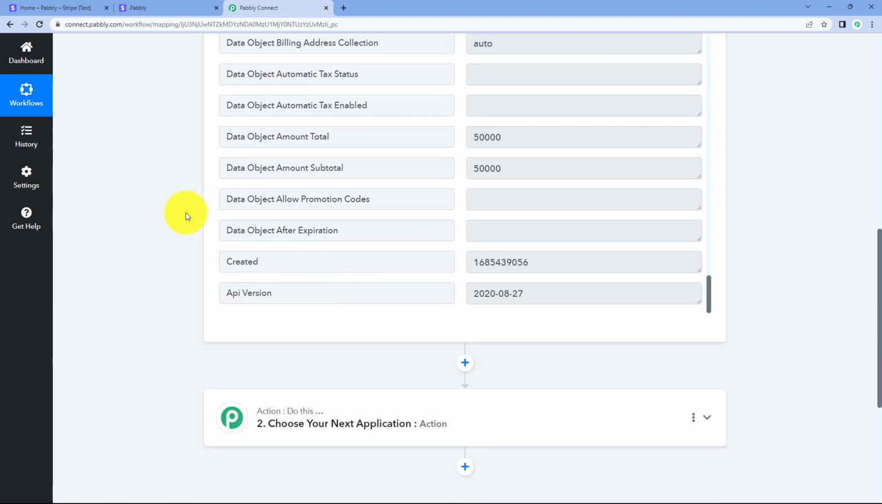So we have successfully received the webhook response and we have received the amount over here. This is the response of total amount. Now we have to actually convert this amount of 50,000 to 500. And for that, to add the decimal or to get the correct amount, we will be dividing this total response of amount by 100. And to make this happen, we will be using a feature, a module of Pabbly Connect that is called number